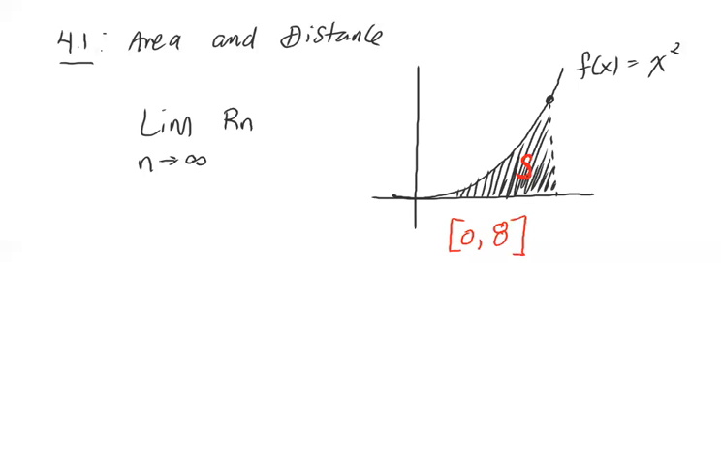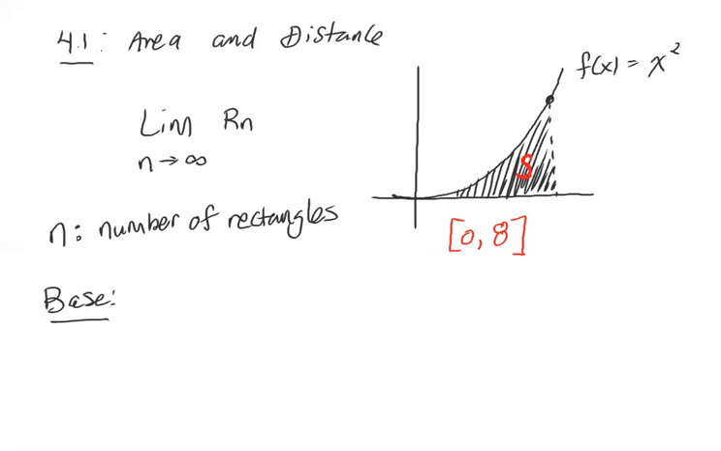So let's do that. If I let n be the number of rectangles that I divide that area into, therefore, again, this notation indicates that I'm letting that number of rectangles approach infinity. So if I let n be the number of rectangles, then the base of each rectangle,